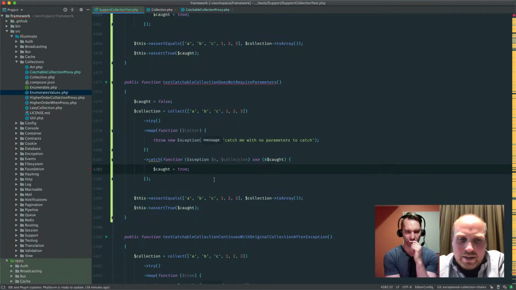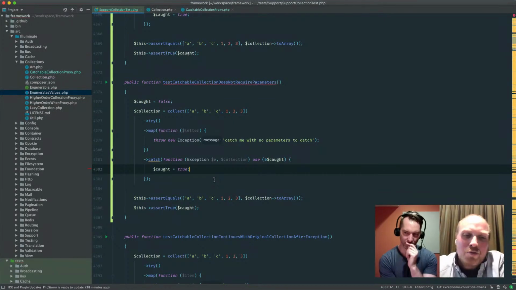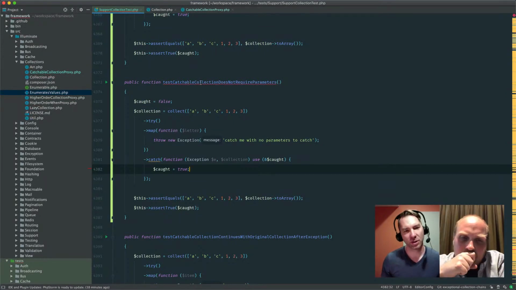But I think it already works that way, right? Or not? Well, I mean, no, we don't pass the collection. I think we should check if that callable returns a collection, and if our callable returns the collection, our catch should return that as well. So this would be like test catch collection